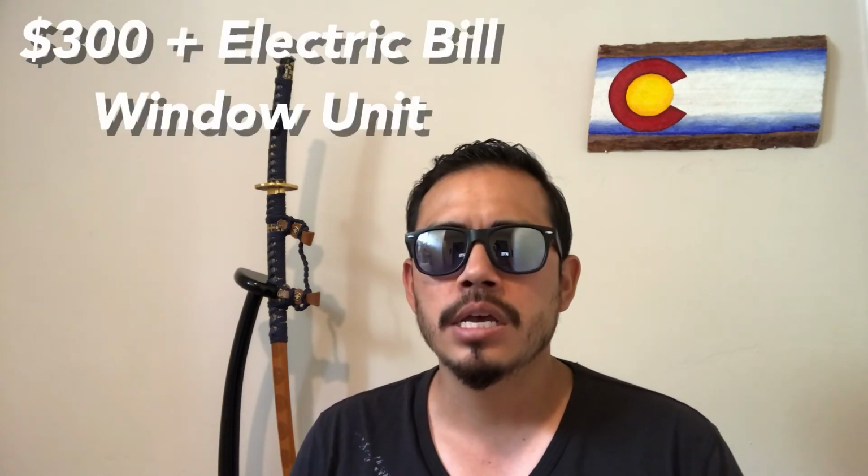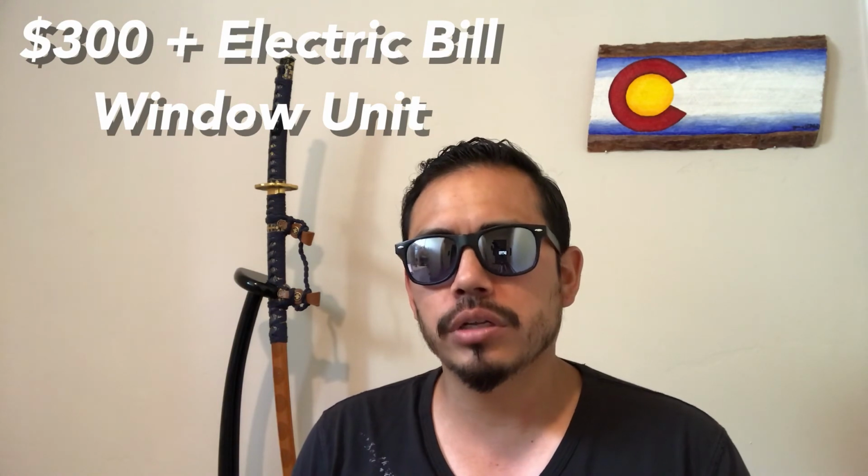So we had a window unit in our bedroom that was just pushing cold air into one room, and then we were pushing air out of that room into other rooms of the house, just kind of making that one do all the work. And we were spending over $300 in total electrical utilities month to month by having that indoor unit. Once we switched over to the mini split system, which by the way was an LG inverter system,